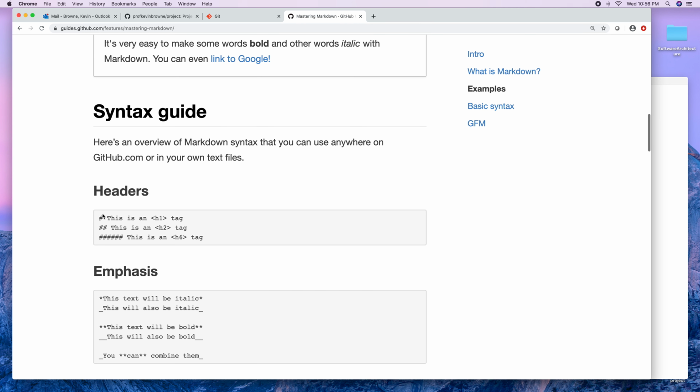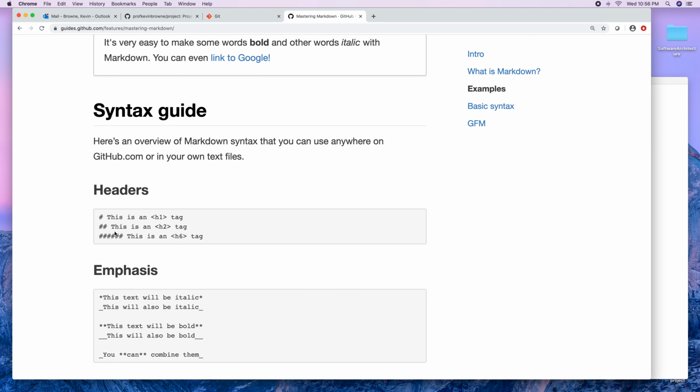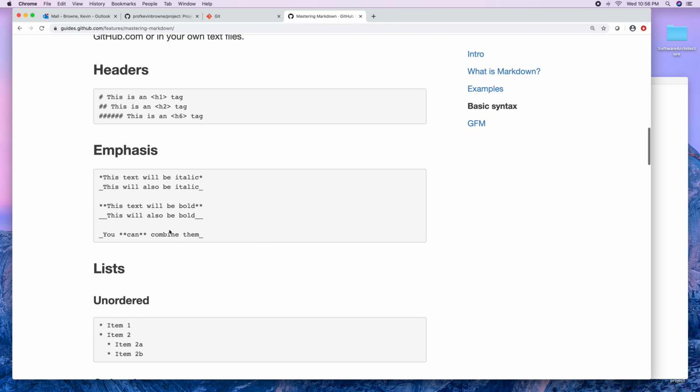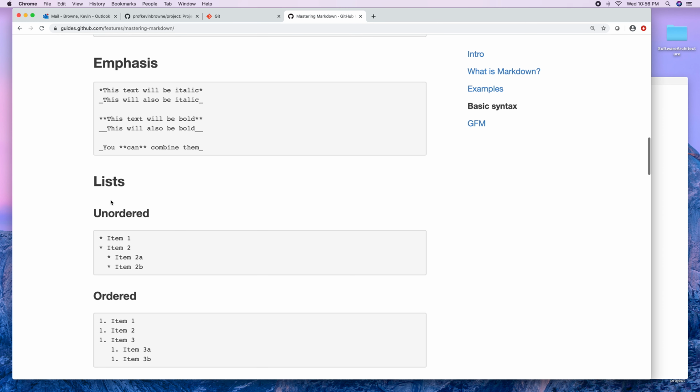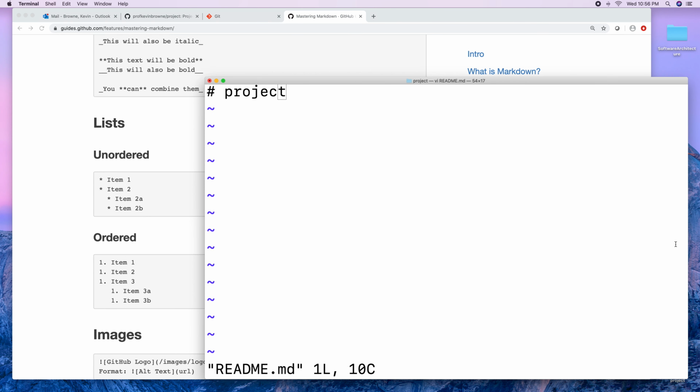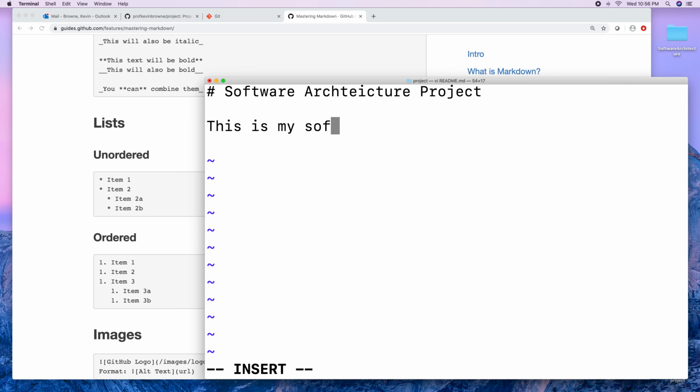A single # is basically like an H1 tag, ## is like an H2 tag, and you can use emphasis and lists and things like this, right? So if I wanted to change this README to reflect my project, I could say software architecture project, and then I could say this is my software architecture project,